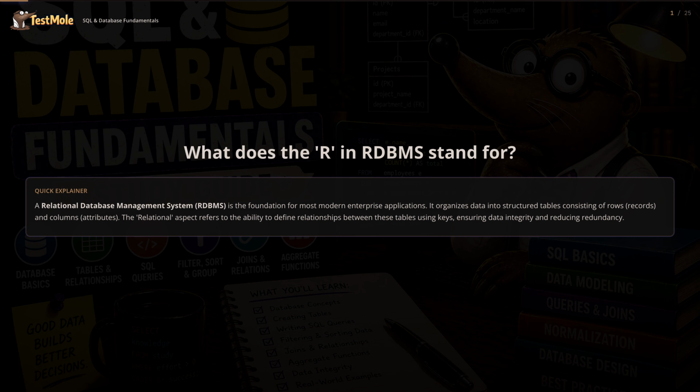What does the R in RDBMS stand for? A relational database management system, RDBMS, is the foundation for most modern enterprise applications. It organizes data into structured tables consisting of rows (records) and columns (attributes). The relational aspect refers to the ability to define relationships between these tables using keys, ensuring data integrity and reducing